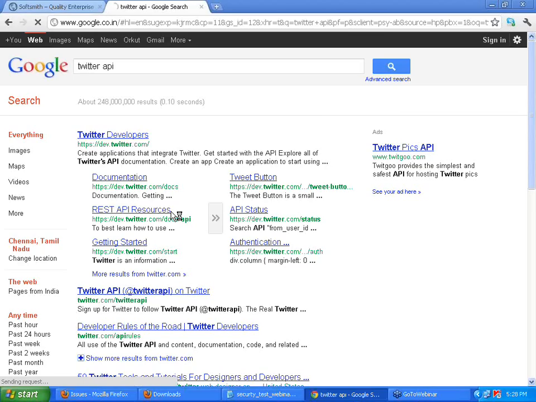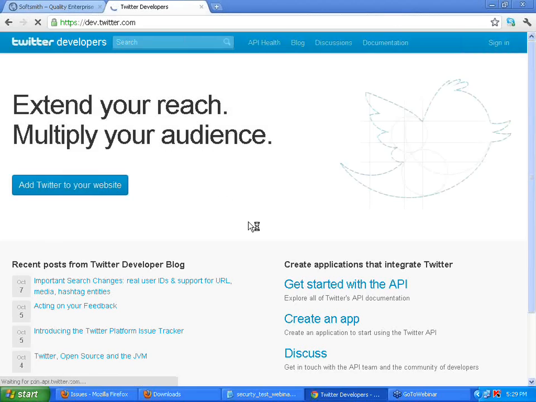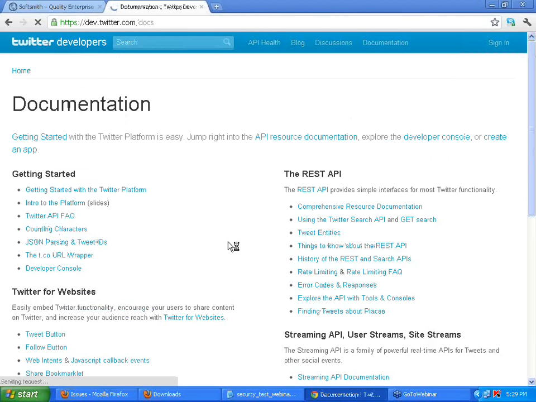To send a tweet, you don't have to go to the UI. Okay? Take some time. Now it has come. Getting started with the API. Okay, I'll go to this API source.